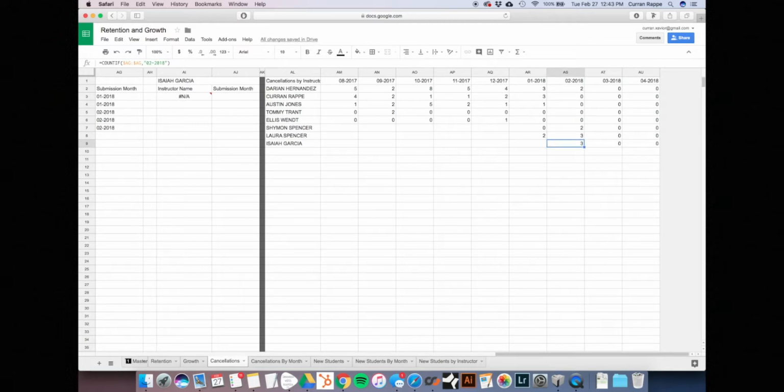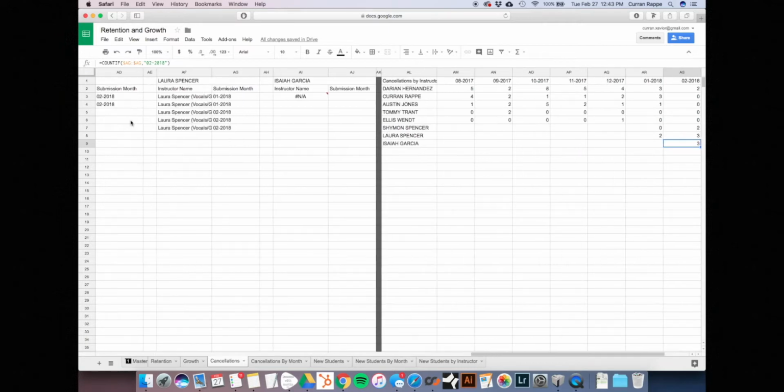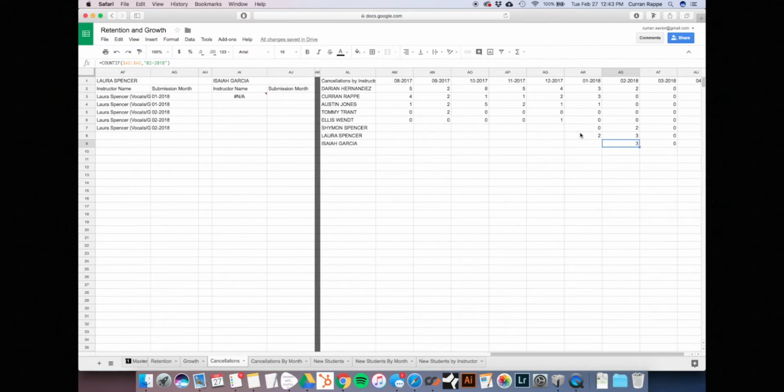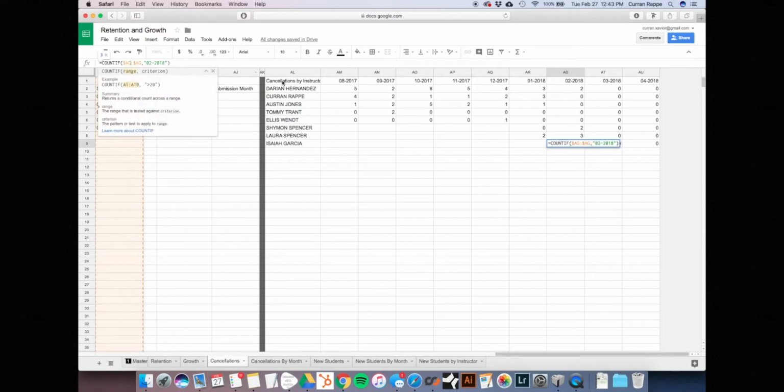But what we need to do is say here for February, what it's doing is it's looking at this column right here, AG. So that's Laura's right here. So whatever Laura's is right here, we need to change that for Isaiah. And we need to change that right here. So it's going to be AJ through AJ. And then make sure that $ sign stays in there. So AJ,